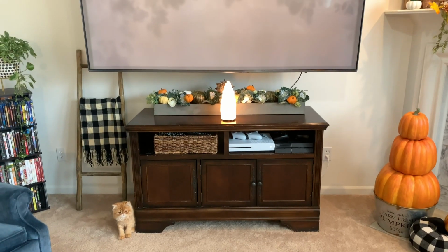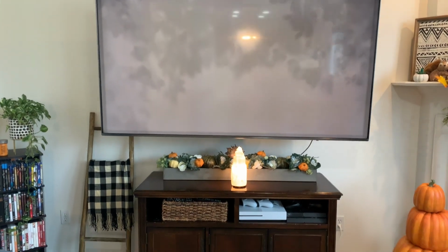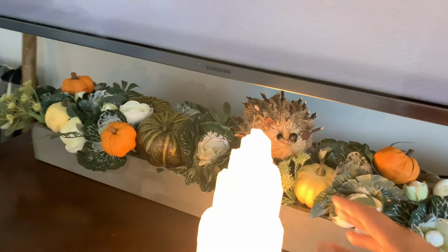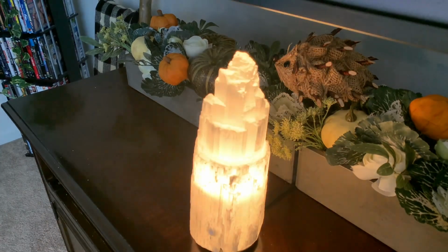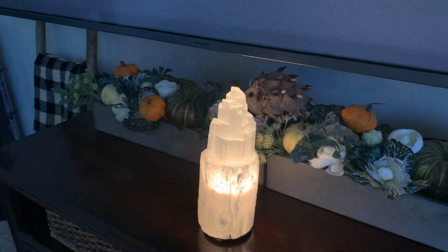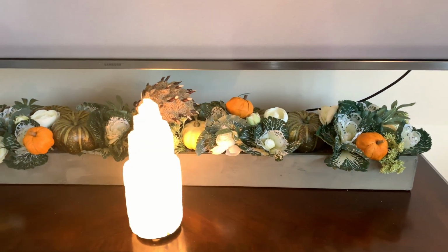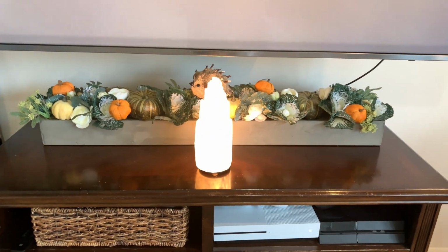Over here on this side of my wall, I have my TV. And I also have my lamp that I absolutely love. It is a selenite lamp. I think that's how you say it. Let me see if you can see it better this way. And I just like having salt lamps and selenite lamps all over my house for different reasons. You can research the benefits. But back here on the TV stand, I have